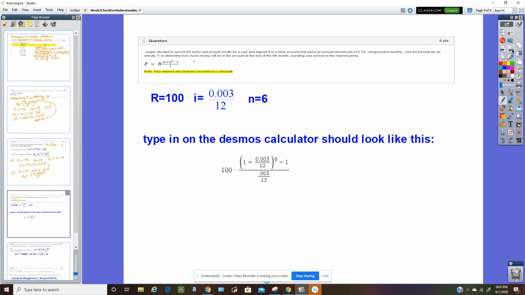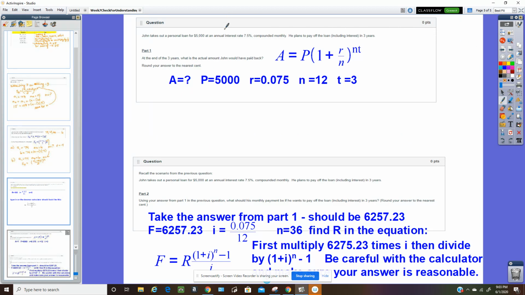All right, next one. This one is John is taking out a personal loan, $5,000. Annual interest rate, 7.5% compounded monthly. So you're using the formula from Algebra 2 here. You're trying to find out what the annuity value is here. So the principal is